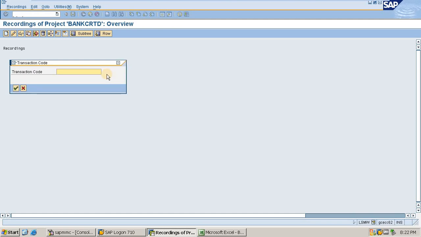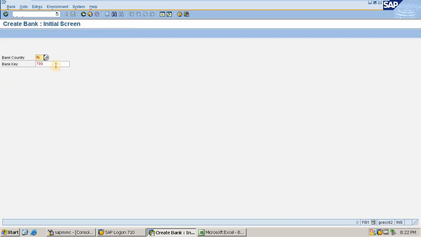It is asking for the transaction code that I want to record. I'll give you a simple example of creating the LSMW for bank creation, and the transaction used for creating a bank is FI01. So I'll put FI01 here. Now clicking on the continue button.